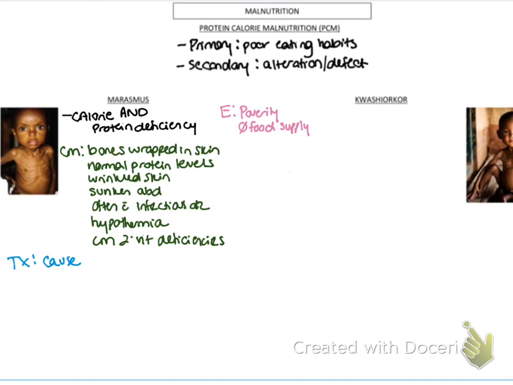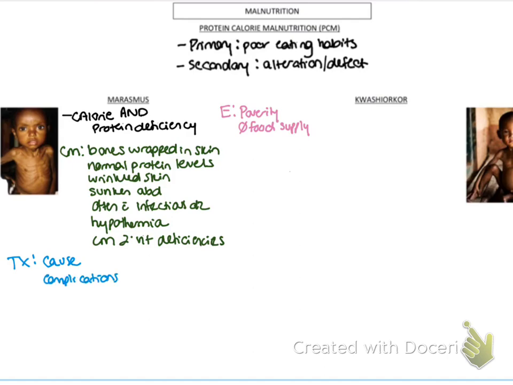So obviously we have to treat the cause, and the cause is that they're not eating. This is a person we just can't take in and say, okay, here's a cheeseburger, go at it, because their system is not used to handling that. If you give them really heavy foods or introduce food too fast, you can actually cause the diarrhea to get worse and things get worse. So you have to reintroduce food slowly.